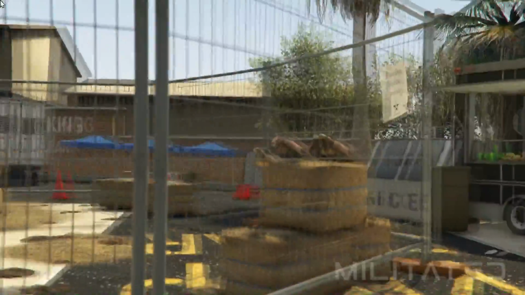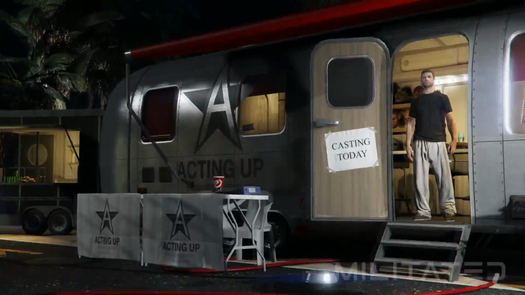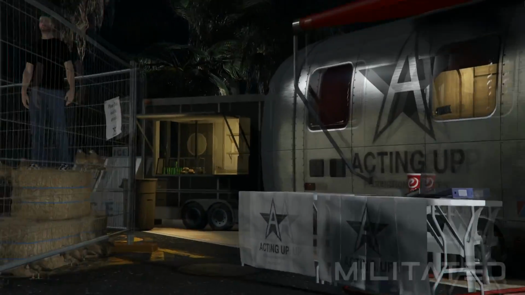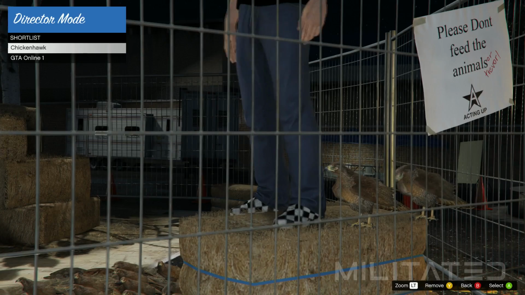Whatever you decide to do for those 26 minutes, you'll then come back and realise that you now have an army of chicken hawks. Your online character will then teleport from the casting trailer to on top of the hay bale with the chicken hawks. We're now going to remove the chicken hawk from the shortlist, and that will take you back over to the